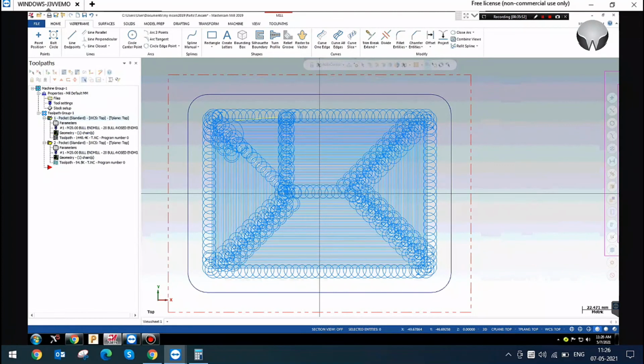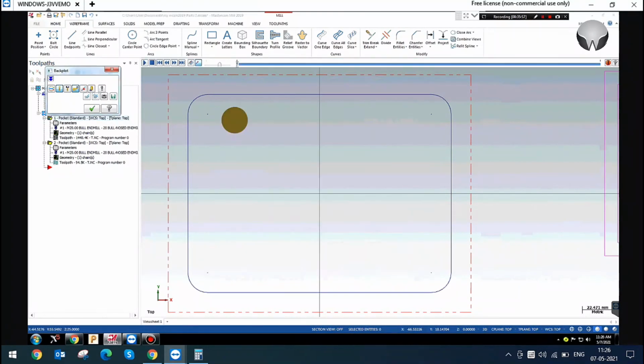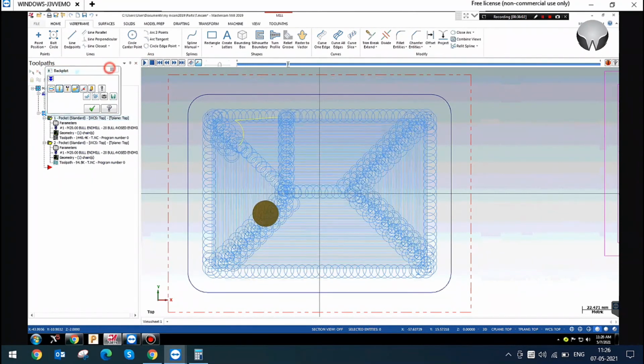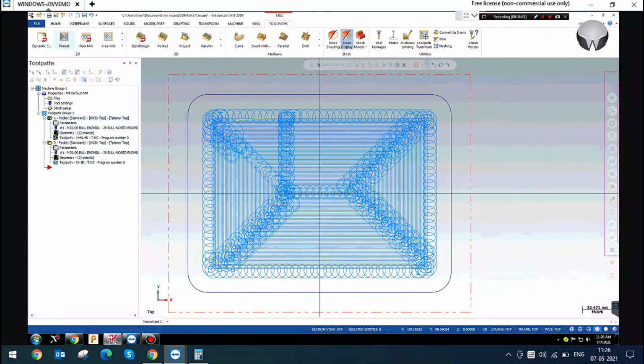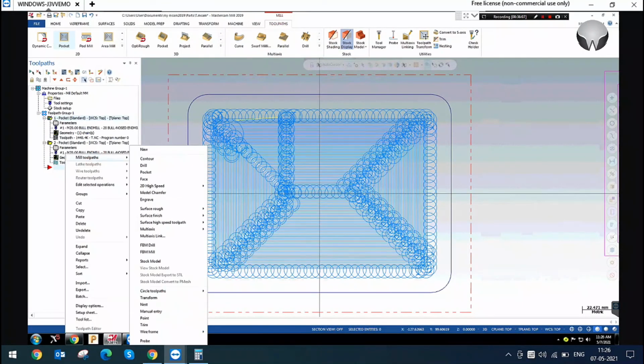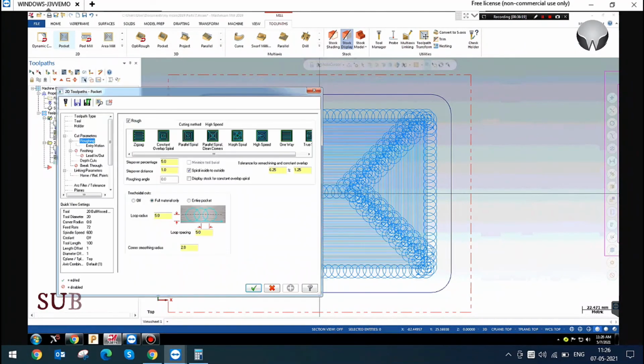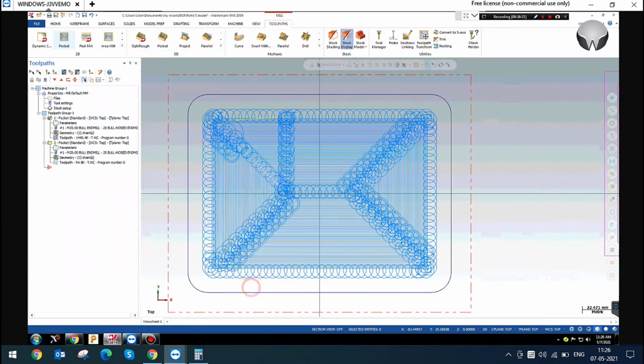You can see this, brother. Every pass will create a radius. I will explain the effective toolpath for high speed machining. Please don't use it, it is not effective in Pocket. You can see the 2D high speed separate toolpaths here. I will explain that. Don't use high speed machining in the Pocket toolpath, because it is not effective. And the entire Pocket,